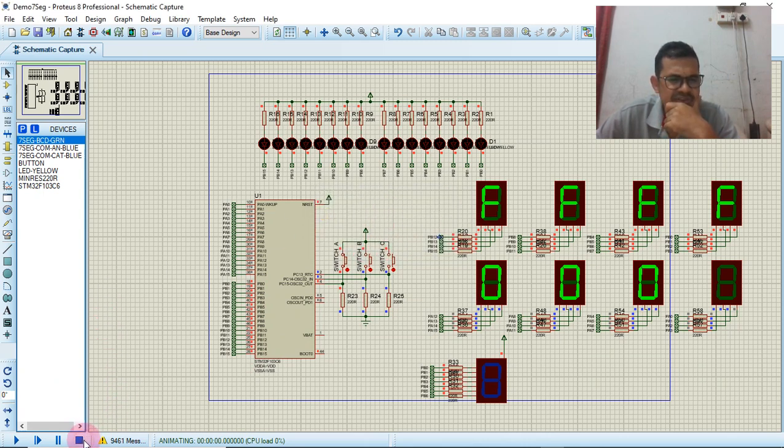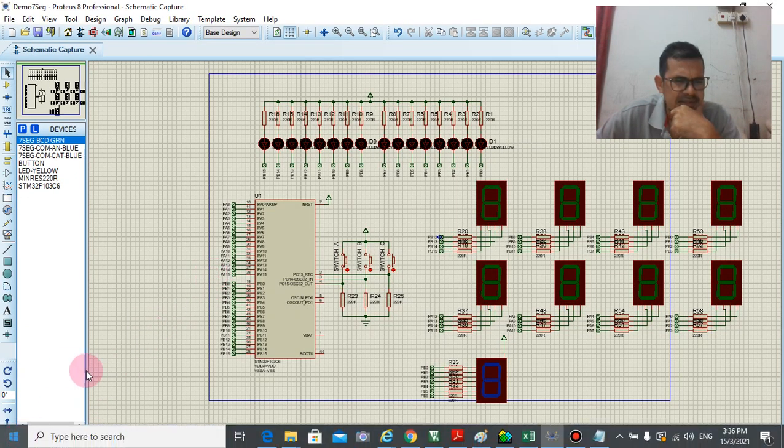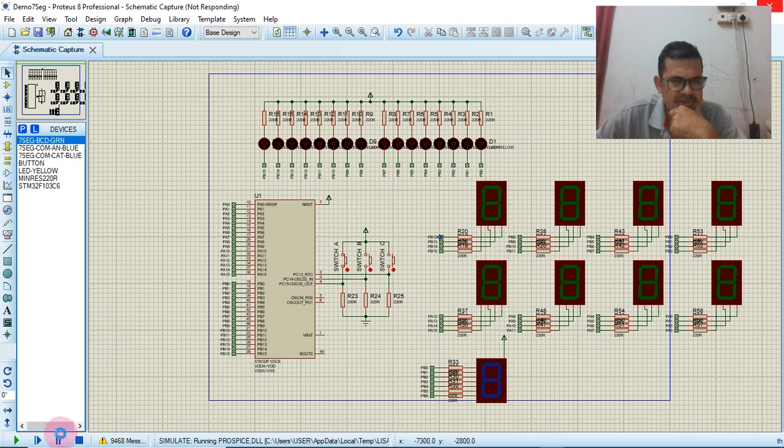I try to stop and rerun again with the new hexa file. Wait. Still crashes.